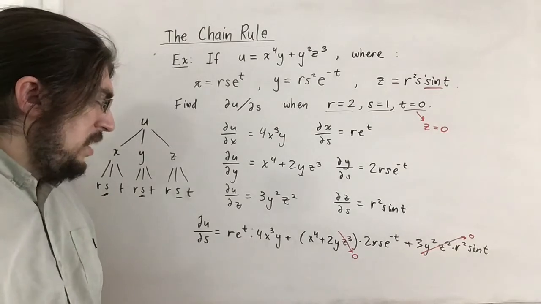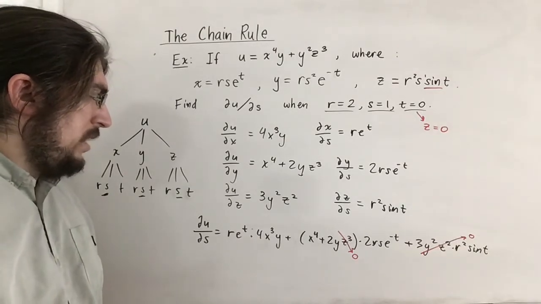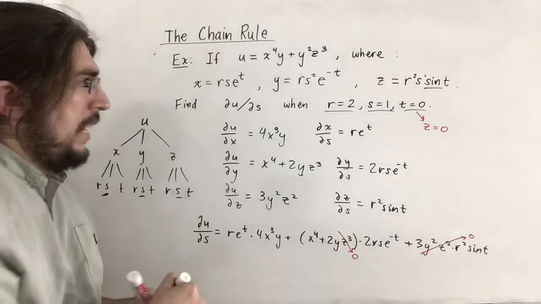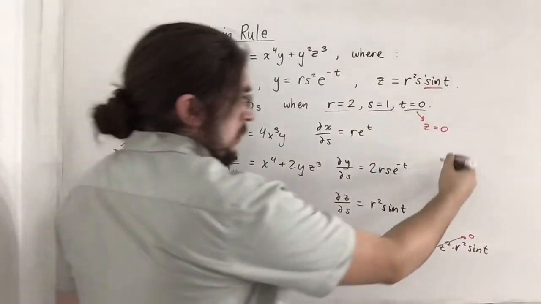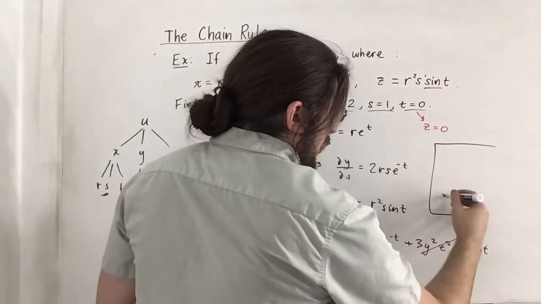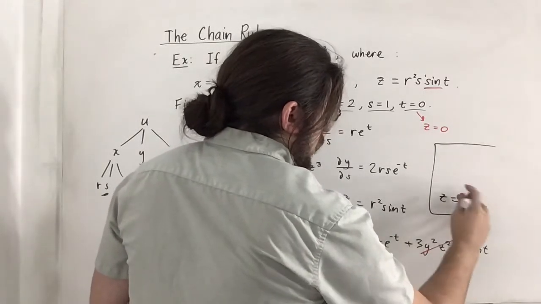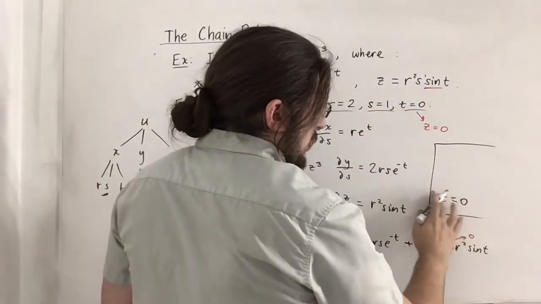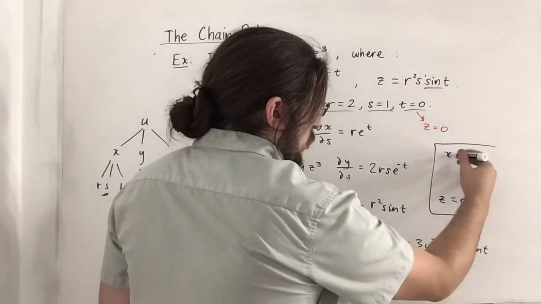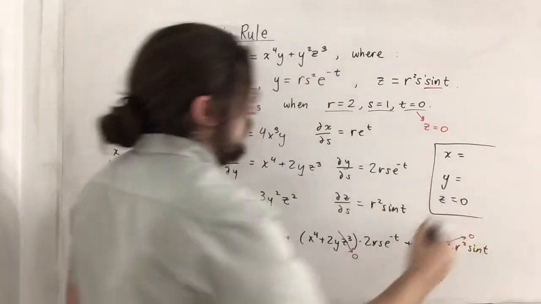But that's fine. But now, what is x and what is y? Well, let's see. I guess we could write the results over here. So we found out that z is 0 when r is 2, s is 1, and t is 0. So that's z is 0. But now the question is, what is x equal to and what is y equal to when r, s, and